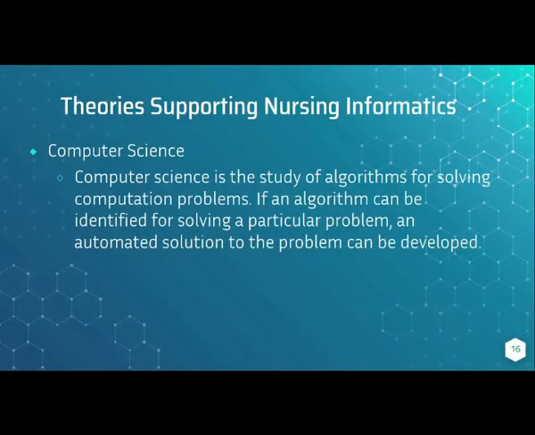Computer science. Computer science is the study of algorithms for solving computation problems. If an algorithm can be identified for solving a particular problem, an automated solution to the problem can be developed. Computer science has many subfields. Some emphasize computation of specific results, such as computer graphics, while others relate to properties of computational problems, for example,